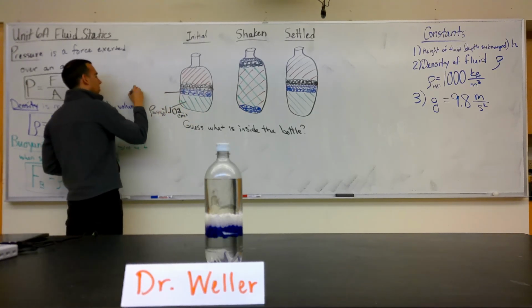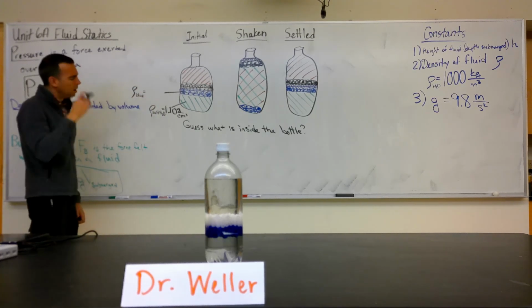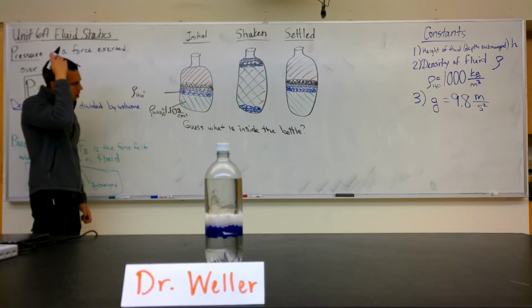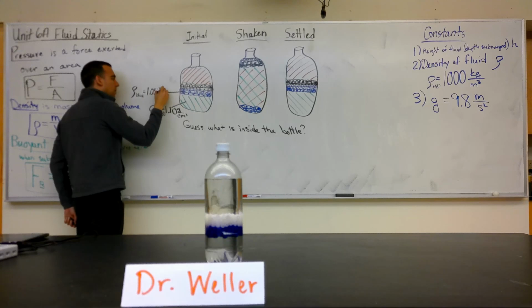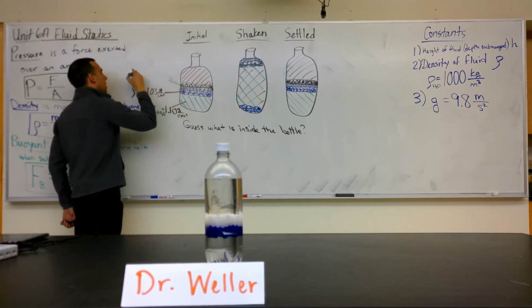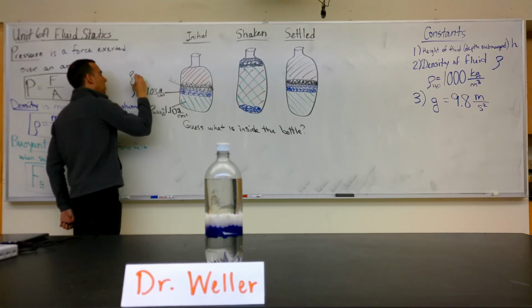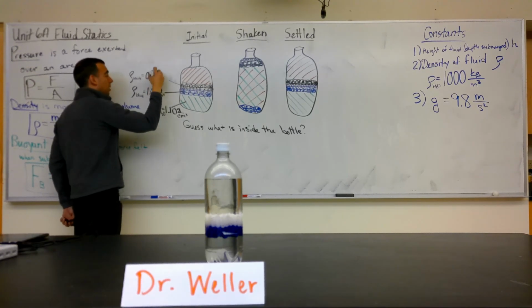This is the density of the blue beads. I forget which ones those are. This one is about 1.05 grams per centimeter cubed. I think it's 1.03 actually. This one is the density of the white beads. I think it's